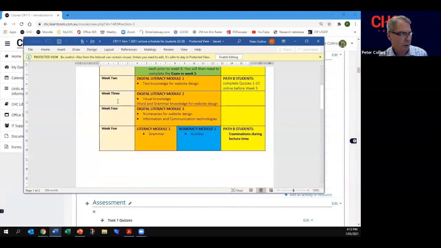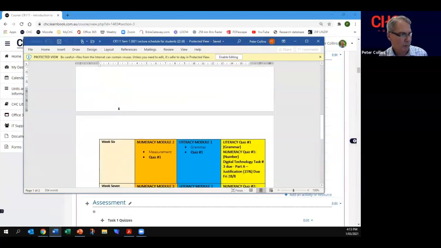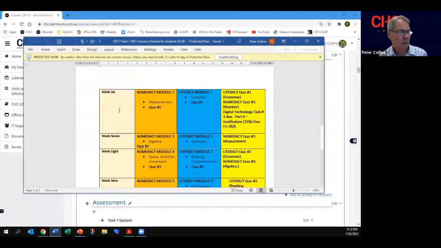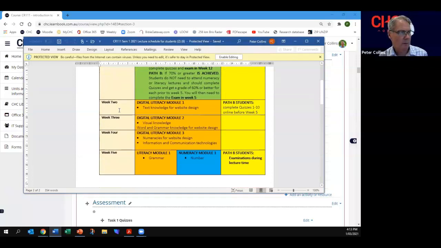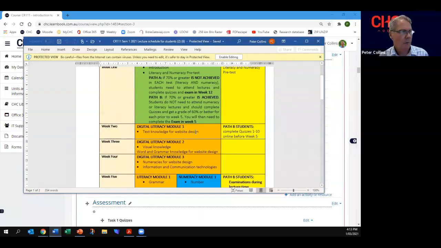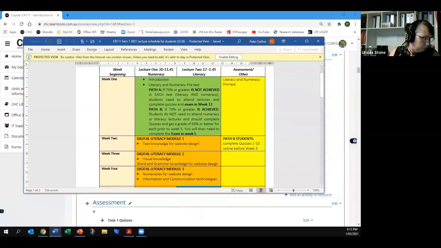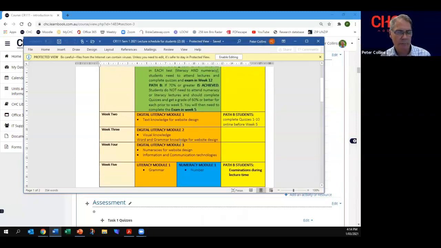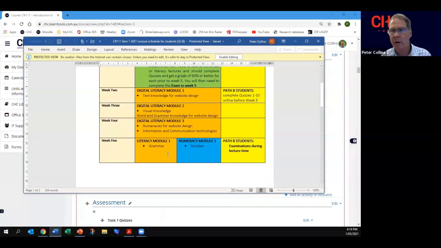Goes through what we are doing week by week. And so there's your topics that we're going to do. So we notice, and I haven't forgotten your dates. The digital assessment, the digital task, today we'll introduce it, and then modules 1, 2, and 3. And then from week 5 onwards, we do 1 module in literacy and 1 module in numeracy